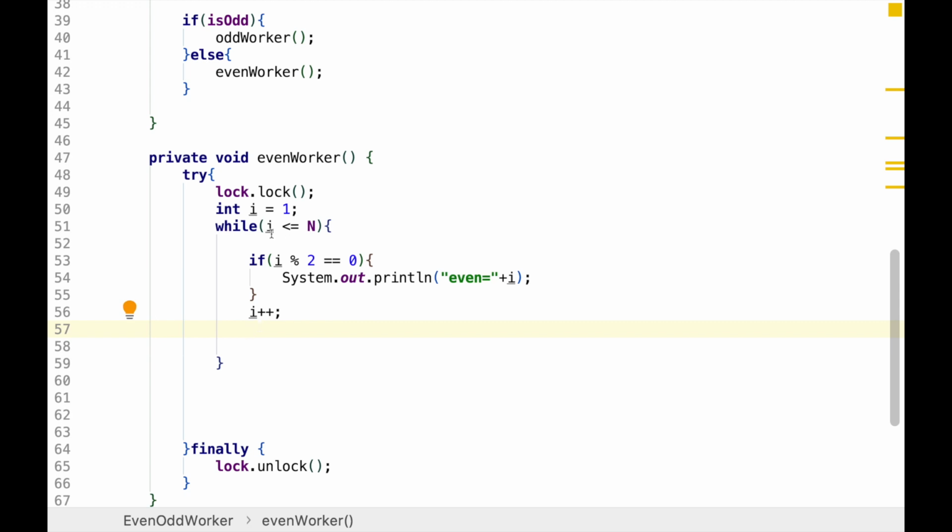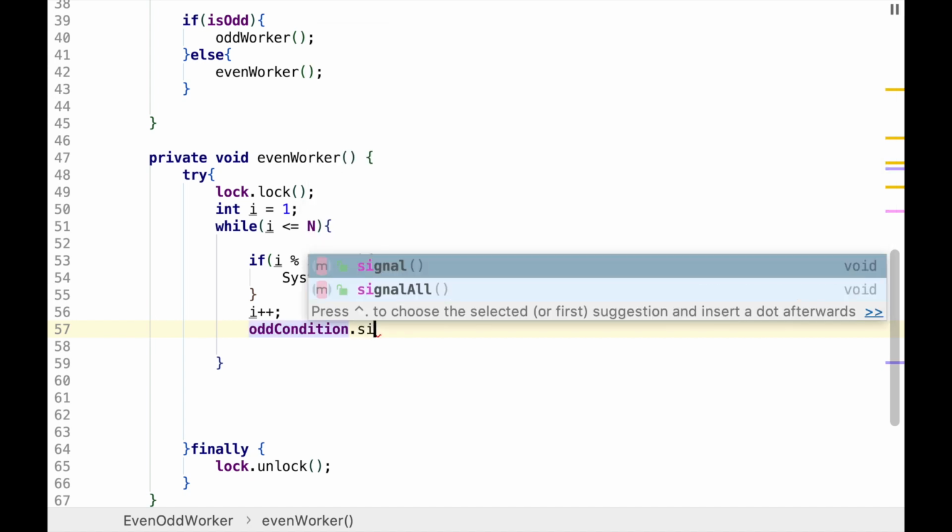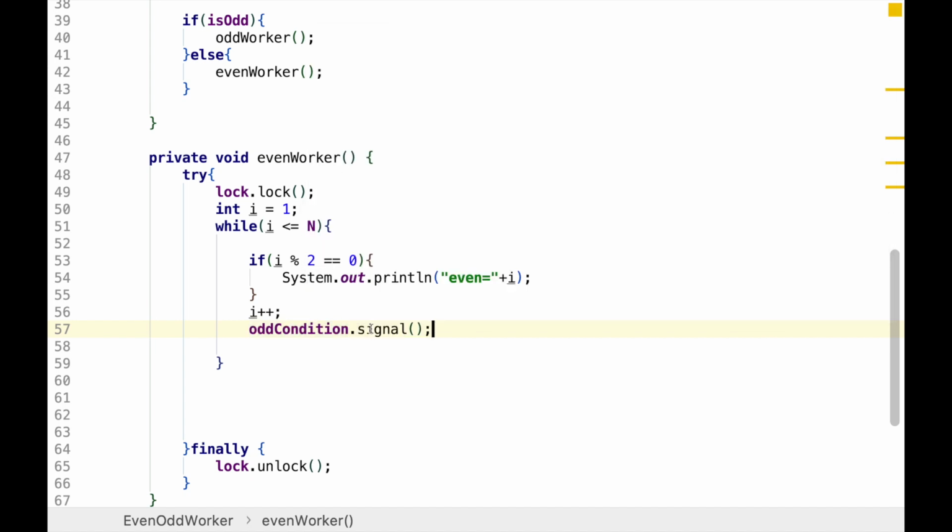Okay, so I have two conditions, right? So when the even worker has printed a number, it will say odd condition dot signal. This is the method which will notify, like we have wait and notify in the normal case. Similarly, this is equivalent to the notify method. In this case it will notify the odd condition, dot signal, that you can resume